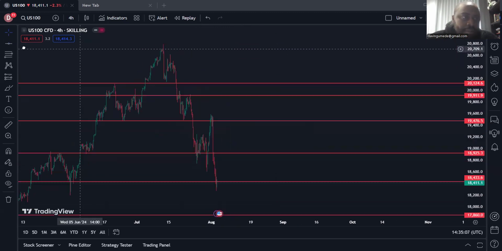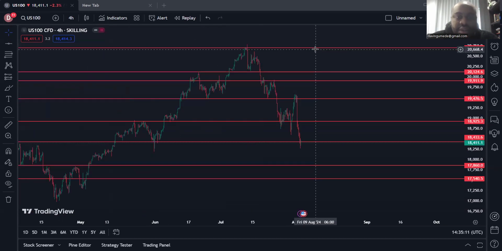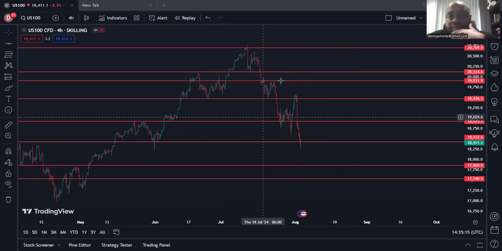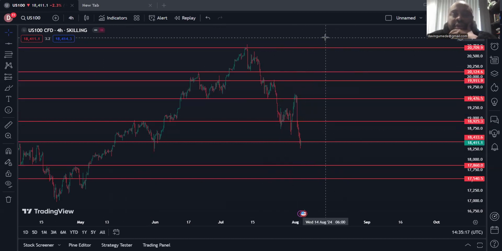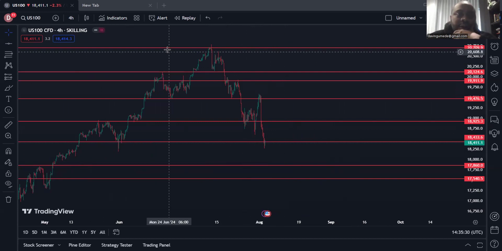Moving through the charts and seeing the moves we've been picking up on, we've seen a lot of bearish momentum pick up over the past maybe 3 weeks, let's say maybe two. What I am expecting